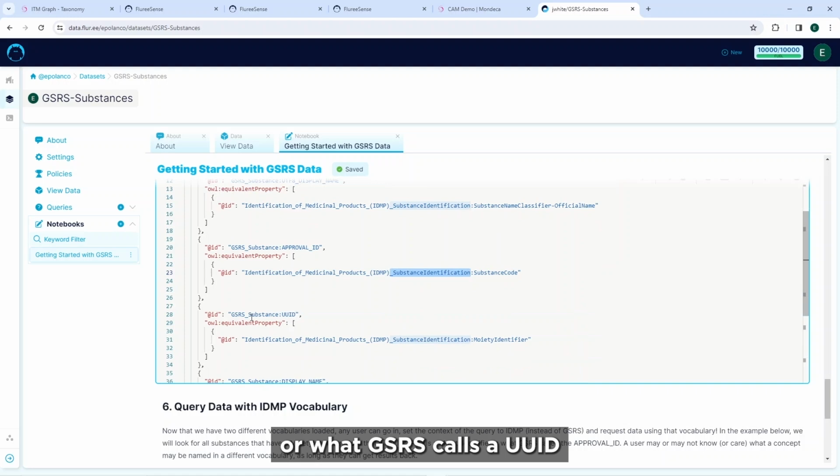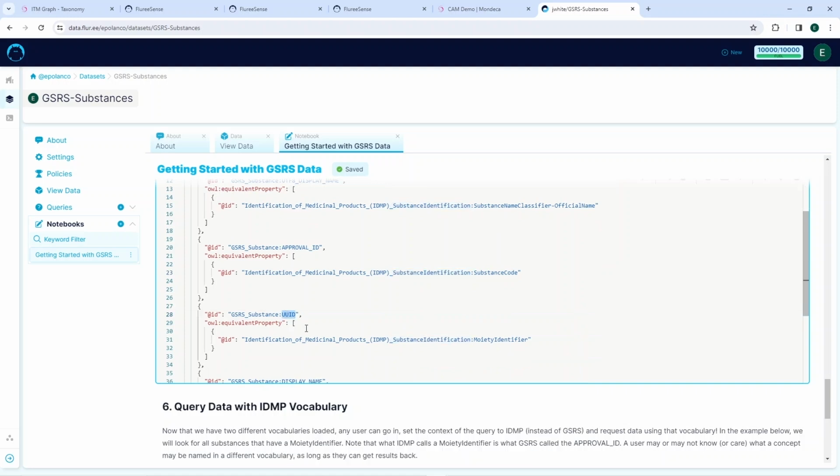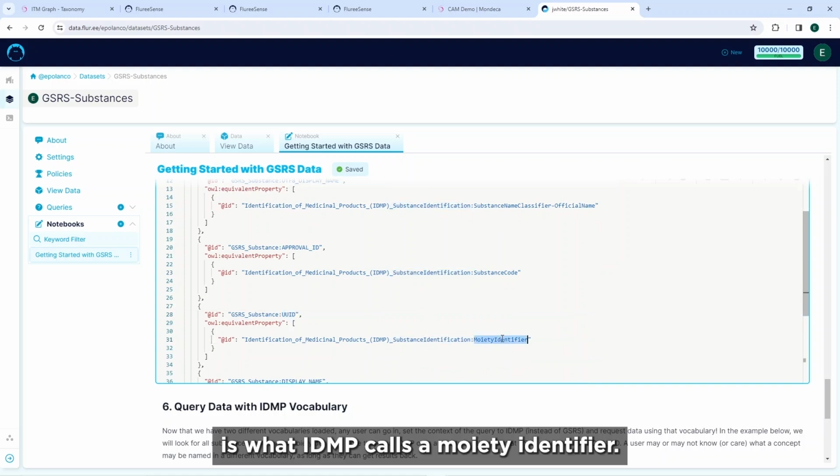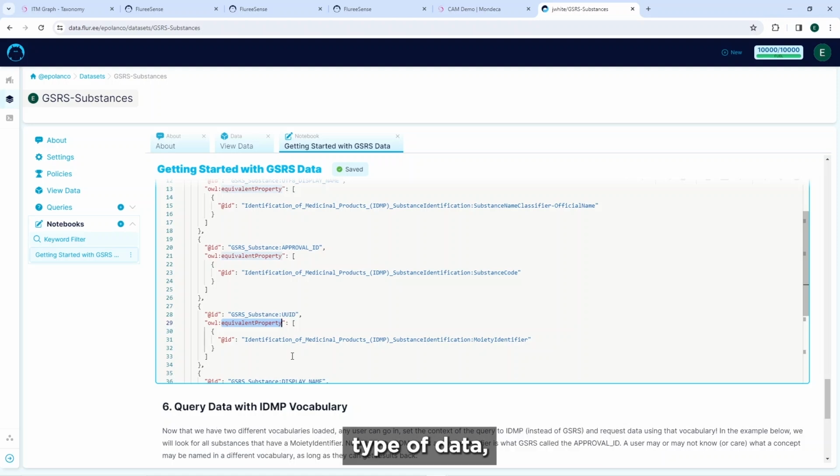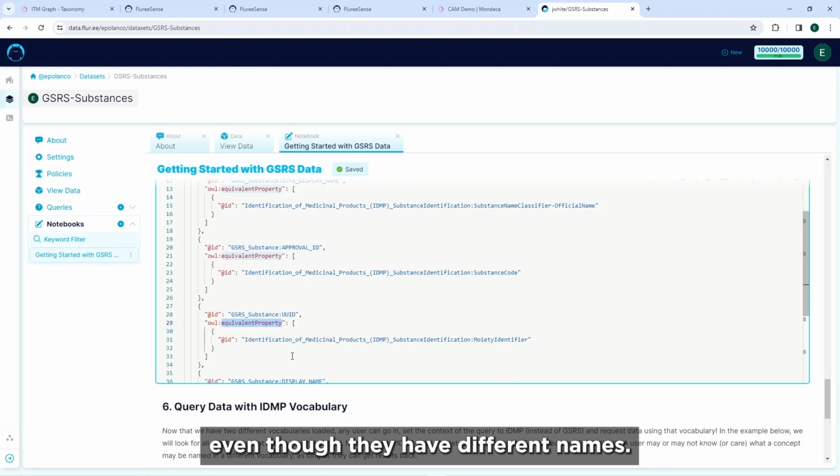Or what GSRS calls a UUID is what IDMP calls the moiety identifier. And we're seeing how we're using this equivalent property here to describe in systematic fashion how we can use either term to relate to the same type of data, even though they have different names.